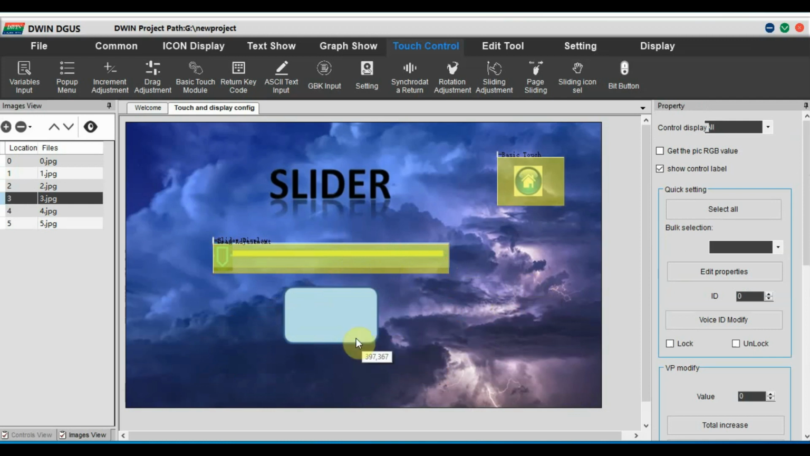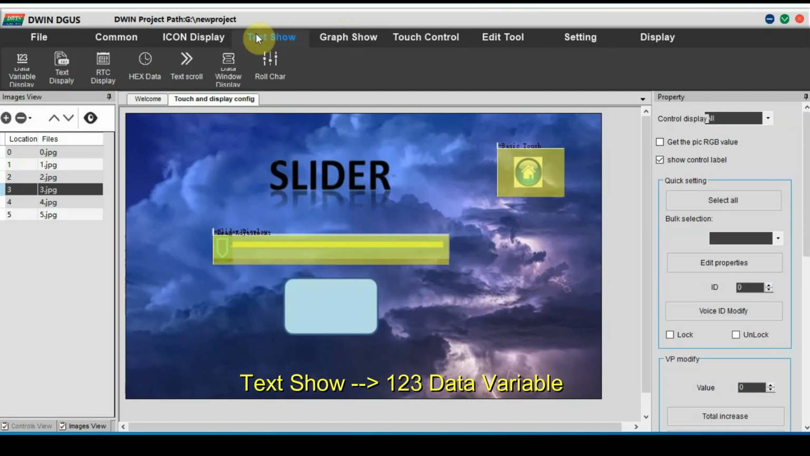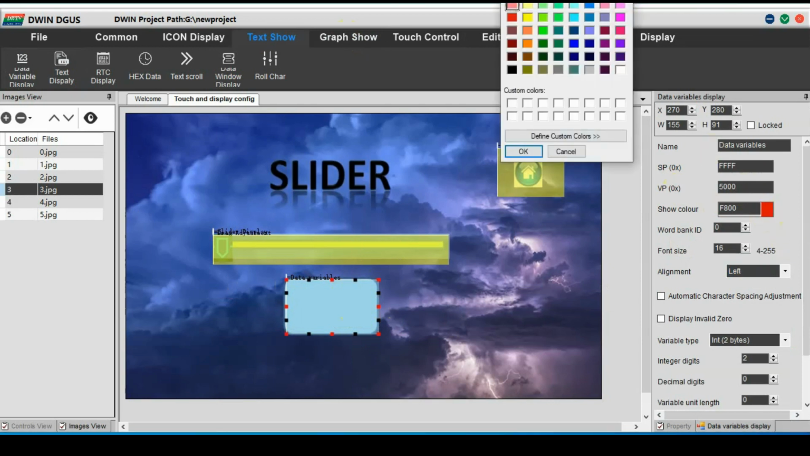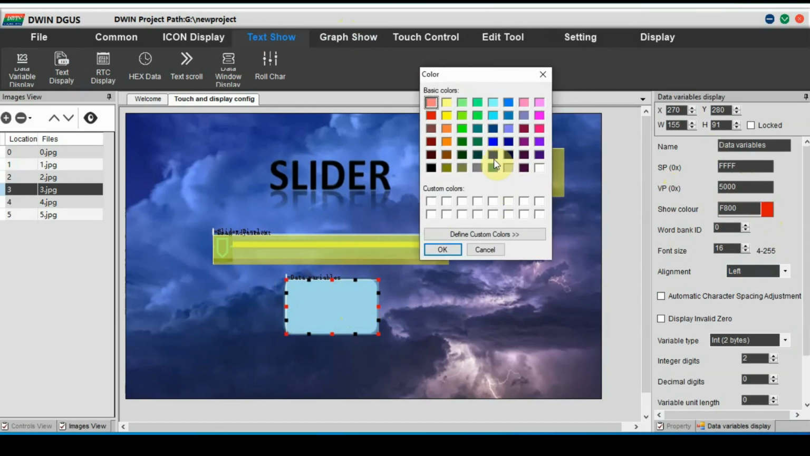At the bottom there is a box where you have to display the values. For this, you go to the text show and then select the 1, 2, 3 data variable and draw a box over this space. To the right hand side, select the VP address. It should be same as that of the slider, which is 5000, and if you want, you can change the color, and then the word bank,